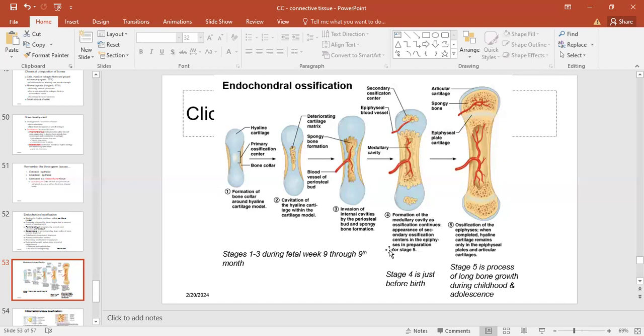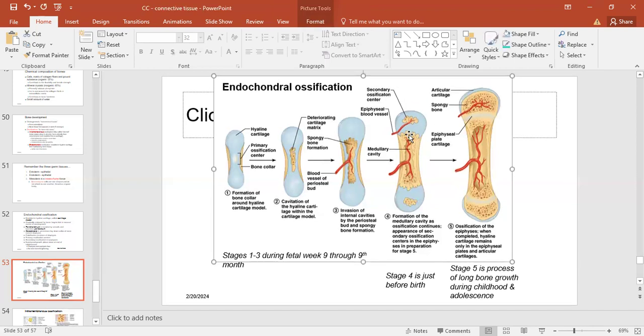at about the time of the birth of the child, we're going to see an appearance of the secondary ossification center at the epiphyses. The same thing is going to happen. The only difference is that here in the epiphyses now, we're going to see the appearance of spongy bone, or trabecular bone. And the other difference is that